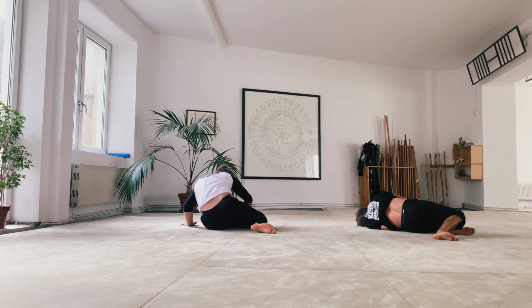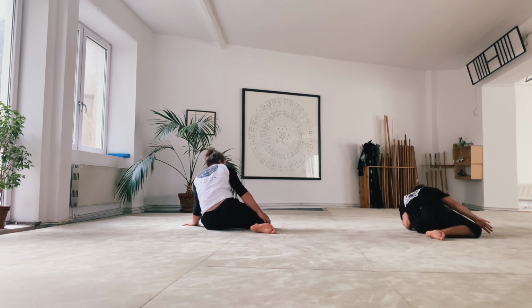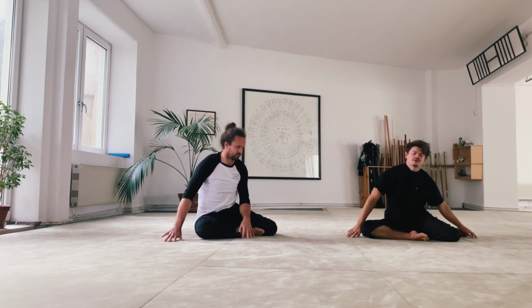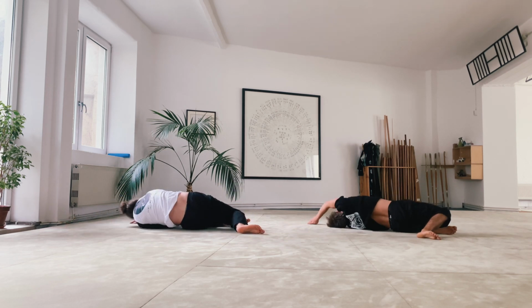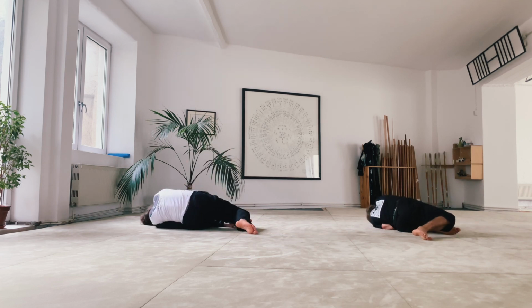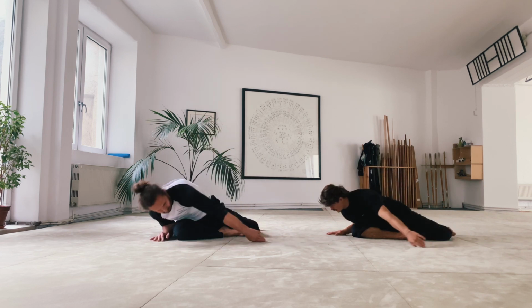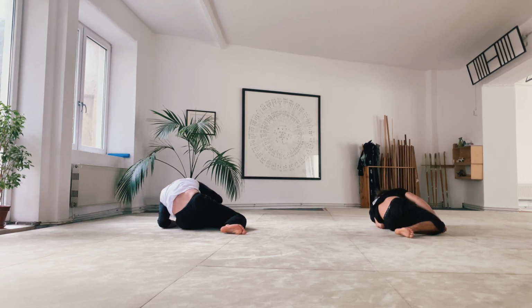Elbow into hip, circling, up to sitting, other side. Constantly finding easy ways into the floor, out of the floor. The bigger the circle you draw with your head and upper body, the easier it gets. One of the mistakes is coming up here diagonal, like a push-up or sit-up, which is not what we want to do. Easy into the floor and out of the